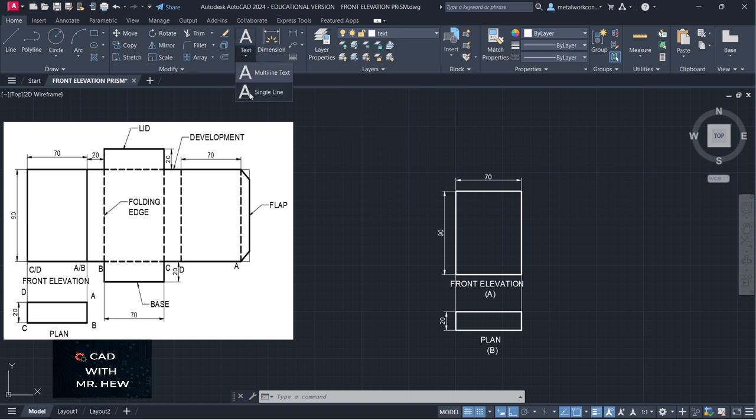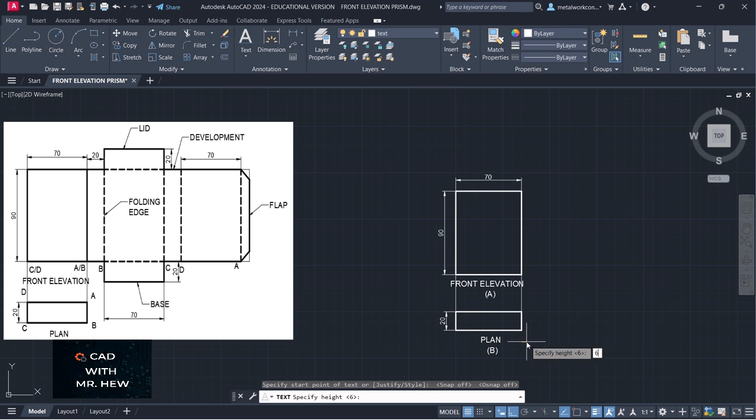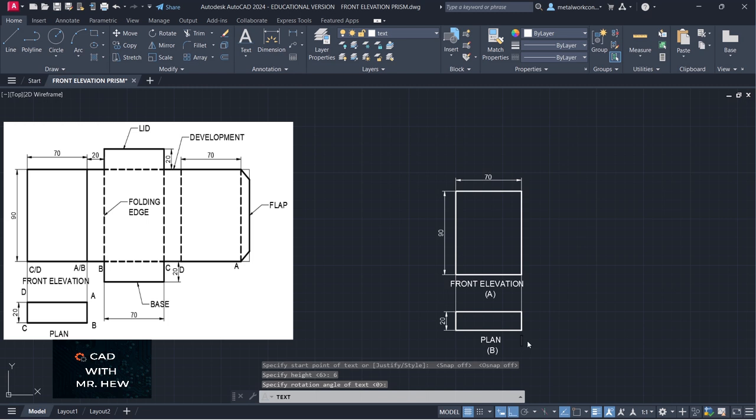we're going to go single line text, and we'll be unfolding the object on this side, right, which is the prism. So what we're going to do, we're going to turn off snap, and we're going to label, going to turn off object snap. A. So 6 millimeter height, rotational angle 0. This point would,